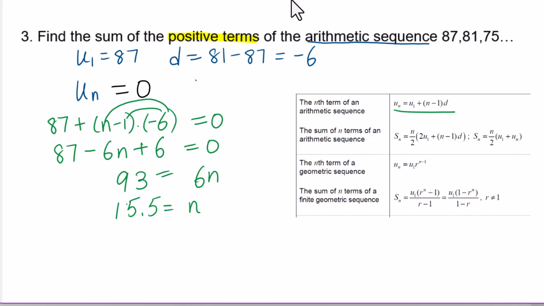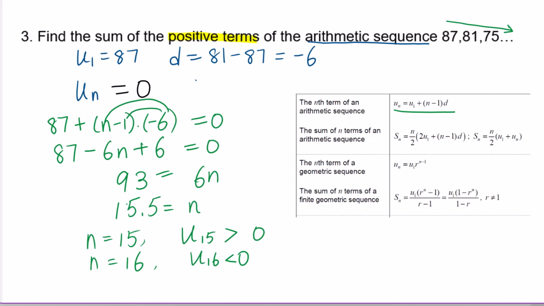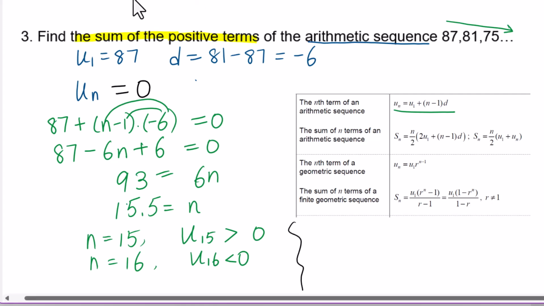Since this arithmetic sequence is decreasing, when n equals 15, this u sub 15 is greater than 0. When n equals 16, u sub 16 is less than 0. Since we are looking for sum of the positive terms, which means we are looking for s sub 15